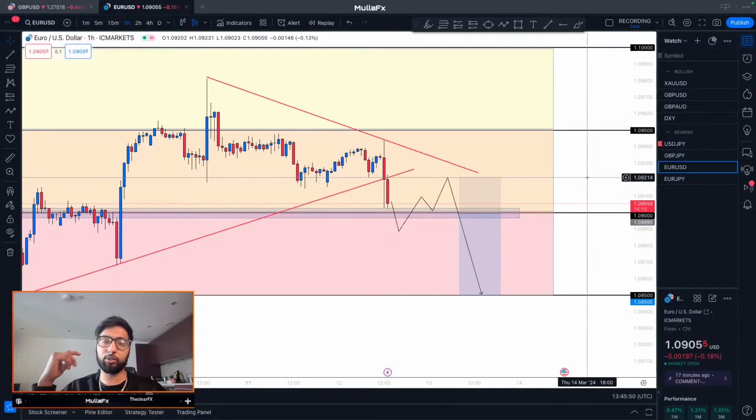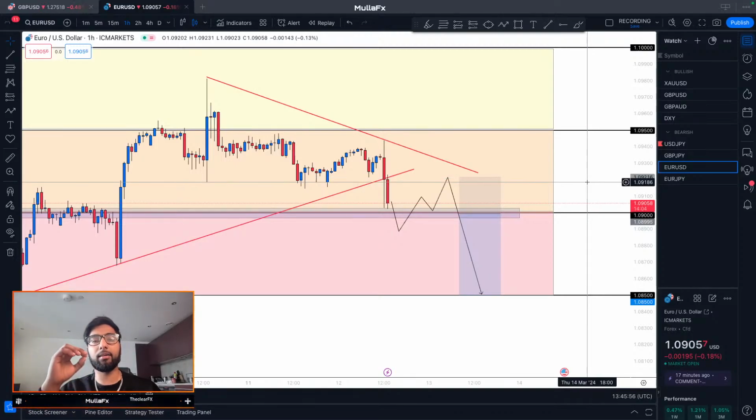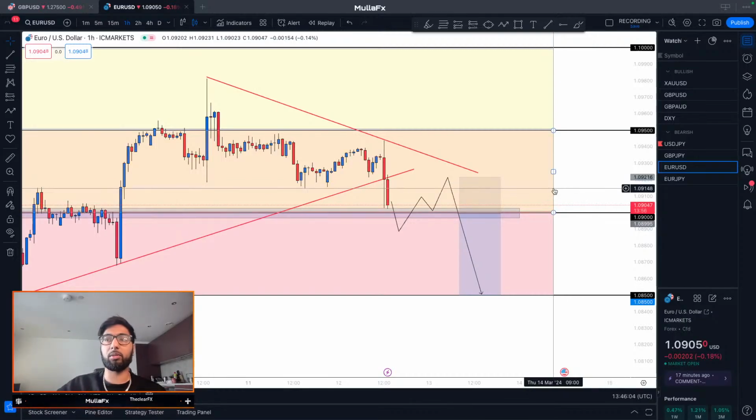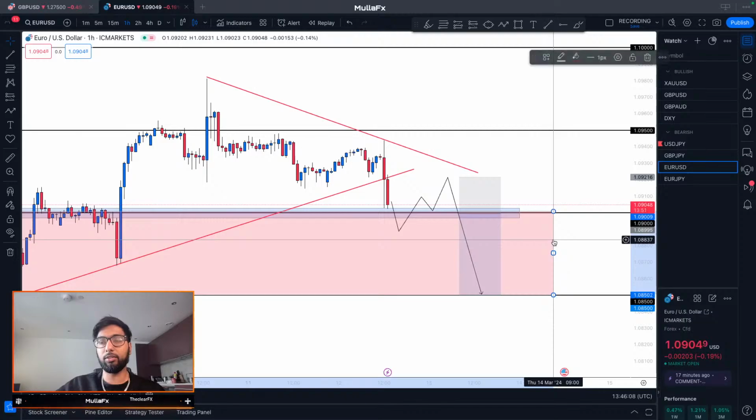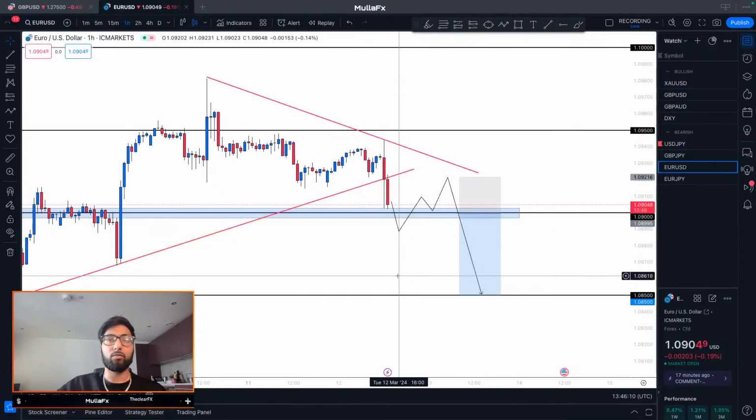Now with me, I like to do my key levels 50 pips or 100 pips apart. I wouldn't do any less than that unless we're trading in a higher volatile market, for example gold, which we're going to be heading down to right now. But before we head down to gold, when you become more experienced, guys, you can actually just remove these channels to make it easier for you, and actually just keep